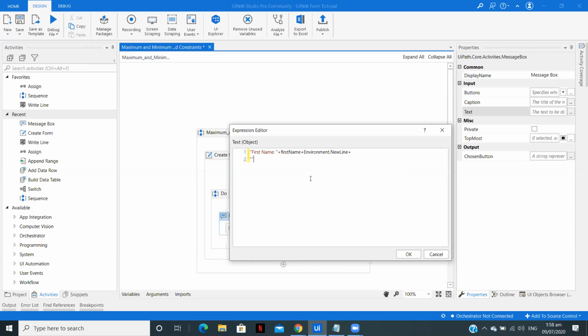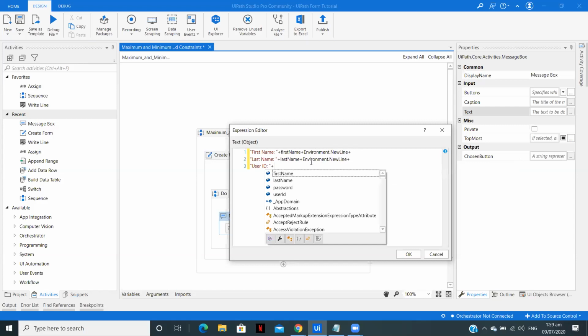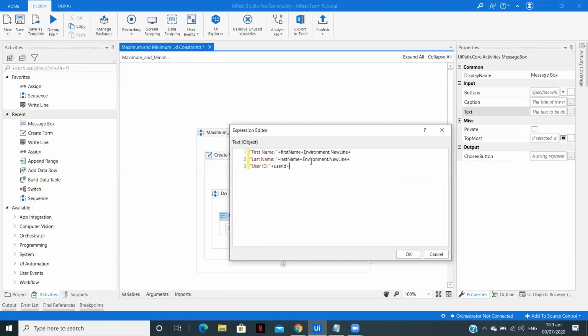Then I have last name, colon space, again the variable, again plus. Now then we have environment dot new line plus we have user ID colon space user ID plus